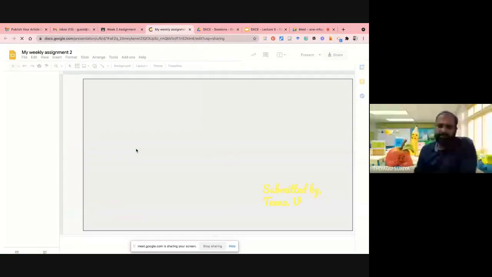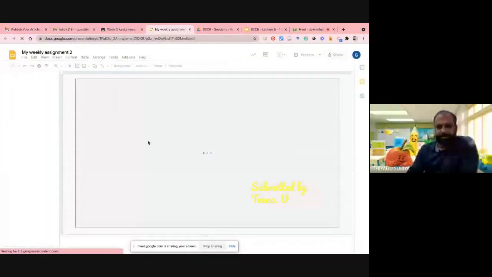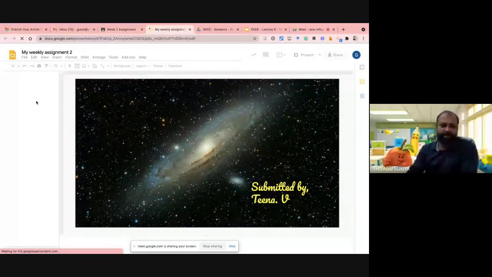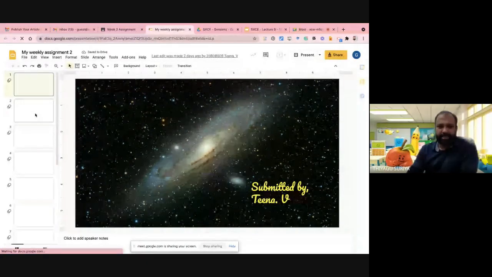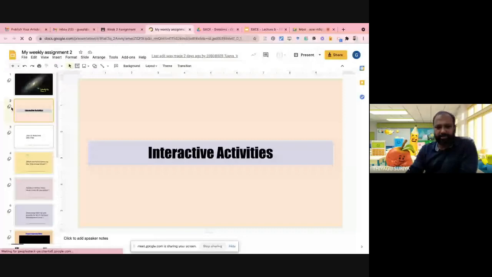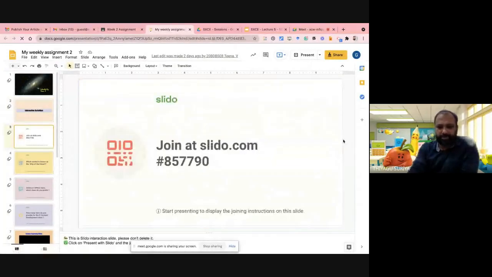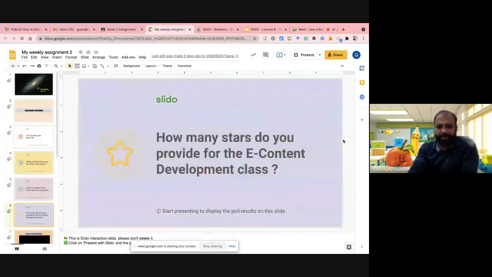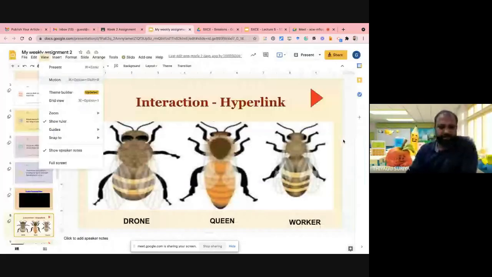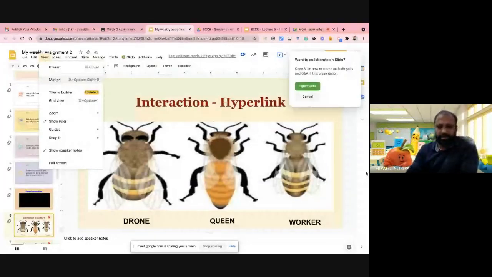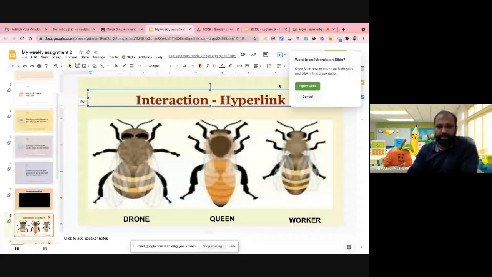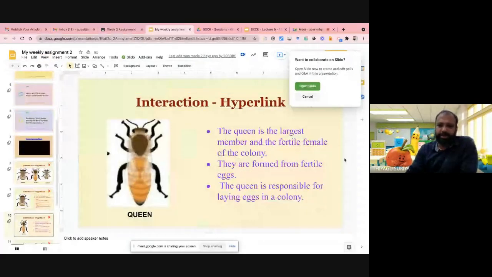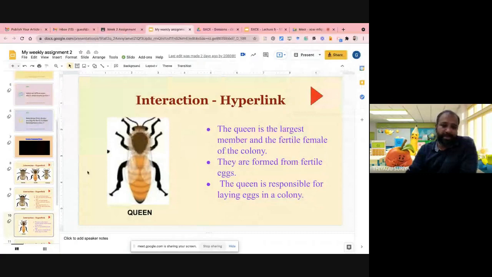So she did wonderfully. The first slide is the first slide of that. This is the second slide. Even she made some kind of animation. She did some animation things also. It's fine, it's looking good. So she already attempted this kind of small animation. She made it in a wonderful manner. Even she made the hyperlink, and this is a video.